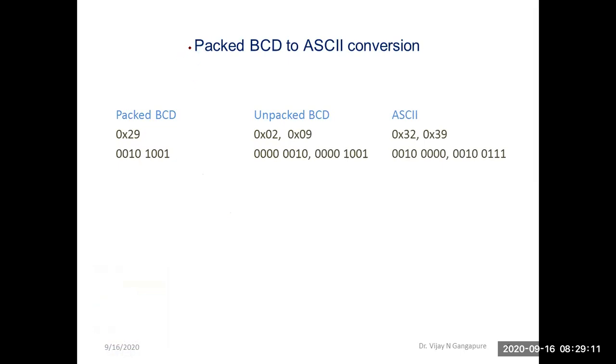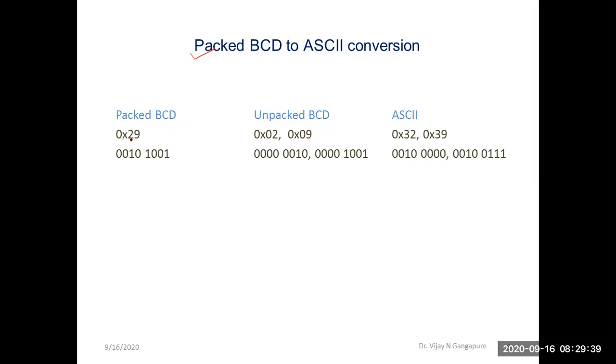So first we will study this packed BCD to ASCII conversion. It means a packed BCD number is given and we have to convert it to ASCII. So see here, this is a packed BCD number, that is 29. If we unpack it, meaning convert it to unpacked BCD, then in 8 bits,